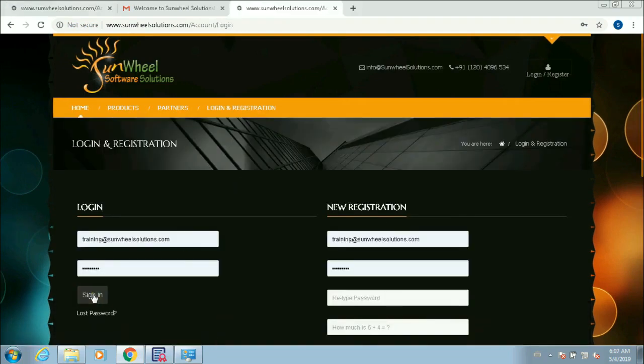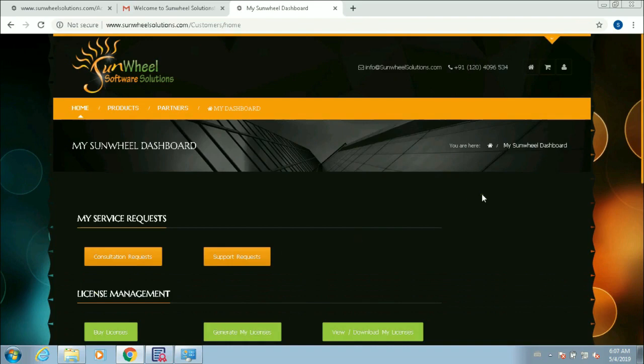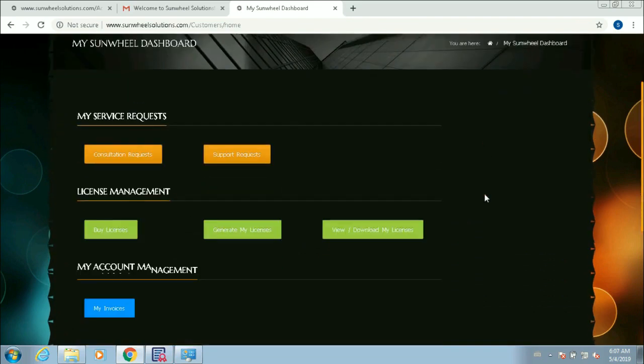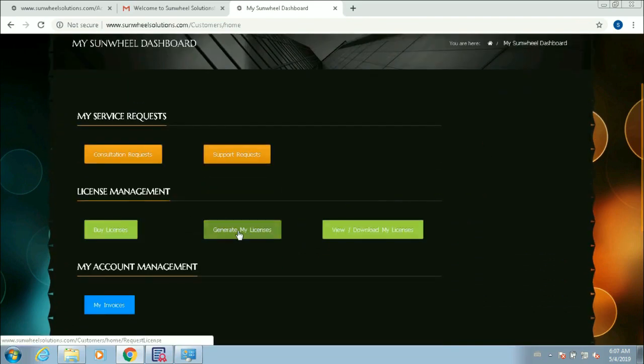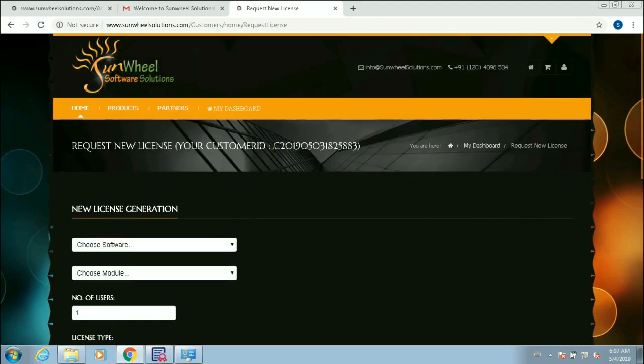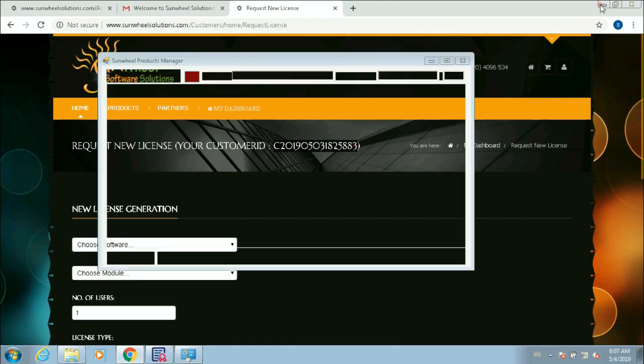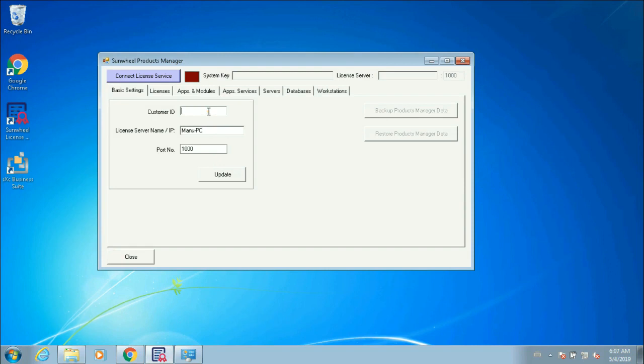Once you have verified your email address, you can log in and go to the Sunwheel dashboard. Click on the Generate My Licenses button, and you will be able to view your customer ID on the top. Copy your customer ID and paste it in the License Manager. Then, click on the Update button and wait for a few seconds for it to connect to the service of